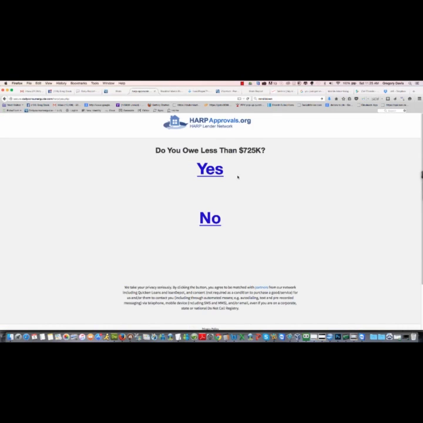And this is the actual logo from the offer. So I just asked this question: do you owe less than $725K? Yes, no, bam. I ran that page, and as you can see, it did bump up